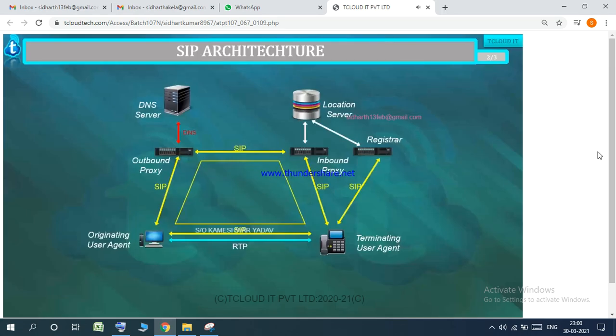Sir, will these phones be landline phones or portable devices like mobile handsets? You can install SIP anywhere. By now, if you're not getting this idea, that means there is something wrong with